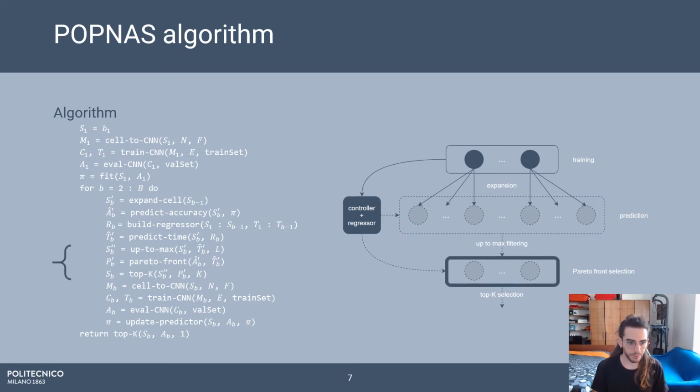Then we cut out all the solutions outside a time limit L, and we select the top K best architectures from the Pareto front. We repeat this step until we reach the desired number of blocks for each cell.